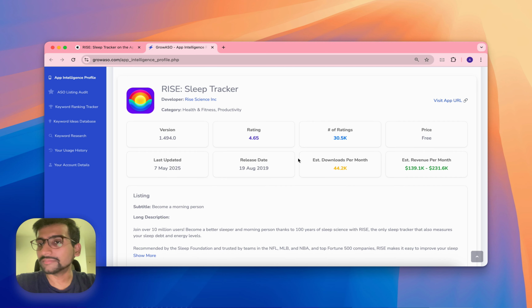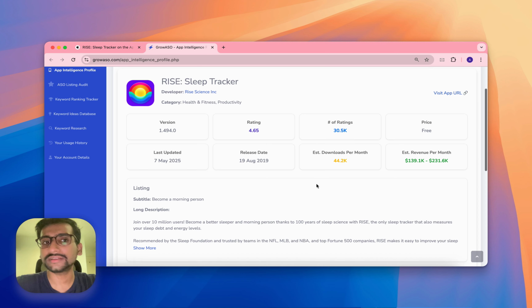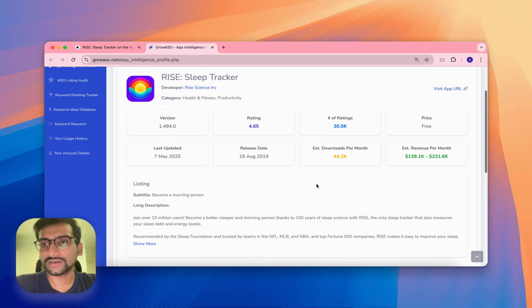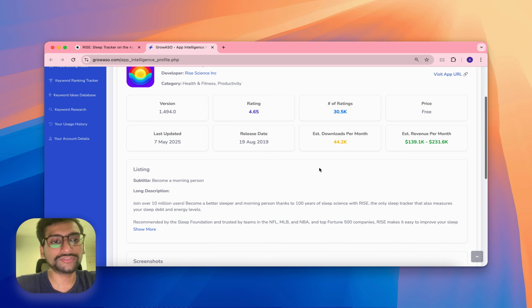Now note that these numbers are for now only for the US that's being estimated. So it's obvious that the global revenue and the global download base would be much more significant, but this kind of gives you an idea of where this app's popularity stands.